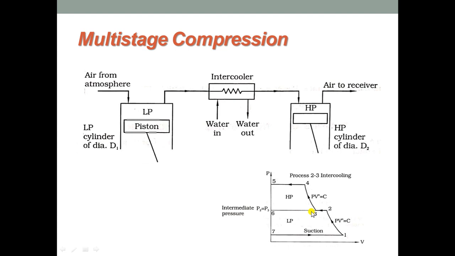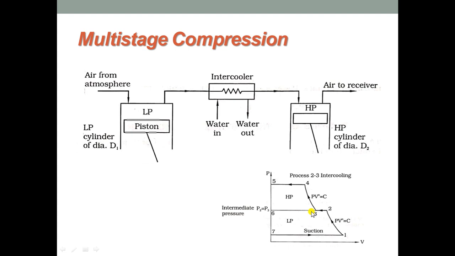Apart from cooling during compression, the temperature of air at inlet to compressor can be reduced so as to reduce compression work. In multi-stage compression, the partly compressed air leaving first stage is cooled up to ambient air temperature in the intercooler that you can observe in your line diagram, and then sent to the subsequent cylinder for compression. Thus, intercoolers when put between stages reduce the compression work, and compression is called intercooled compression.